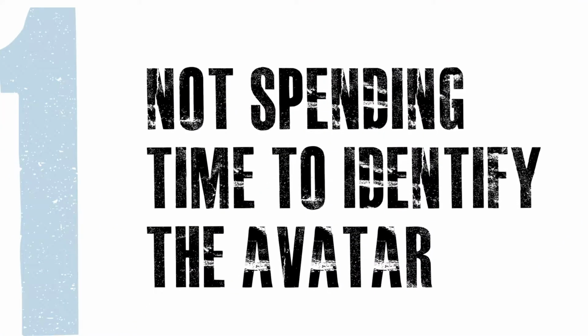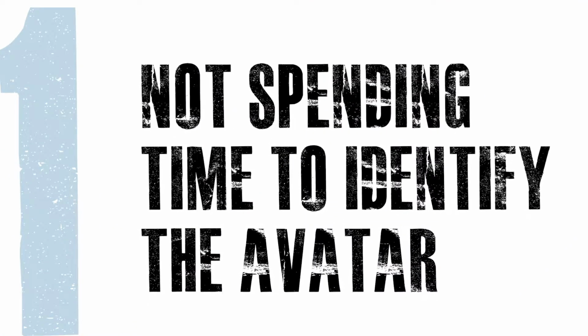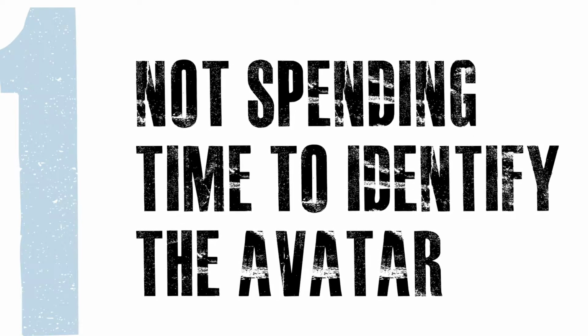First of all, the number one thing so many people get wrong is they don't spend time identifying the needs, habits, demographics, characters, places they hang out, things they follow of the person they're targeting, their avatar for their product. Whatever product you're putting out there, there'll be a certain type of person it's going to appeal to. But not only a type of person, it may even be a certain type of person at a certain stage in life.